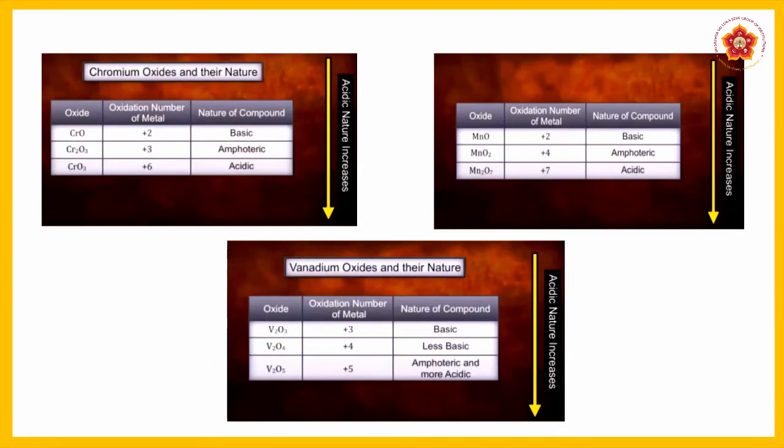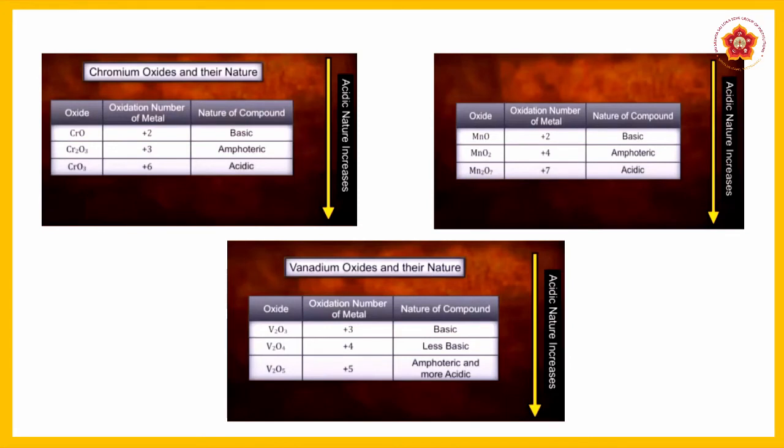These are the 3 sets of compounds that we are given, and you realize that as you come down, by coming down I mean as we increase the oxidation states, the acidity of these compounds is increasing. Go back to your theories of Lewis acid and Lewis bases. Those which are ready to give electrons will be basic, those which are ready to take electrons will be acidic. This was something that you studied in the equilibrium chapter of first year.